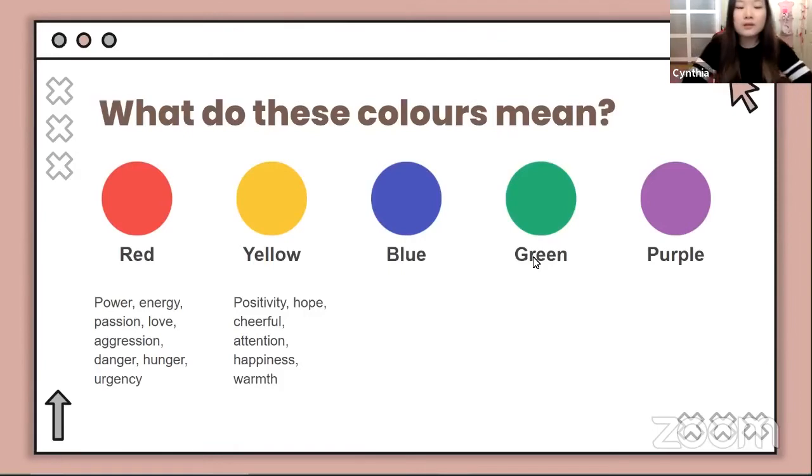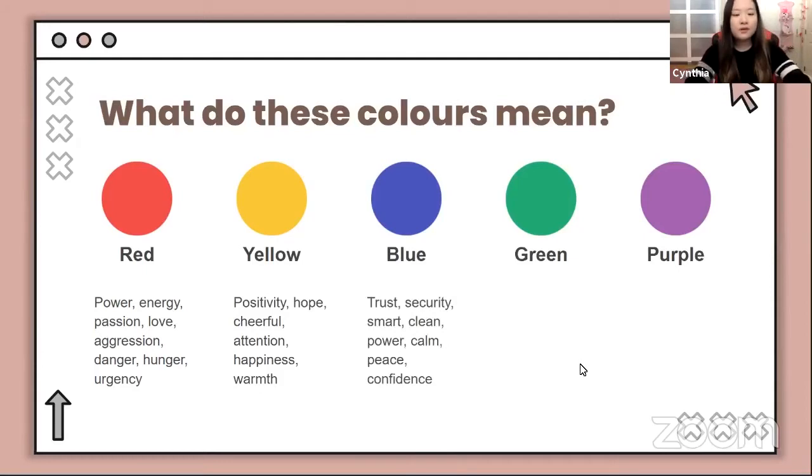Red is a great example of how you could represent power, energy, passion, love, aggression, danger, hunger, and urgency. Yellow is great for representing positivity, hope, cheerful, attention, happiness, warmth. Blue is often used for trust, security, smart, clean, power, calm, peace, and confidence.